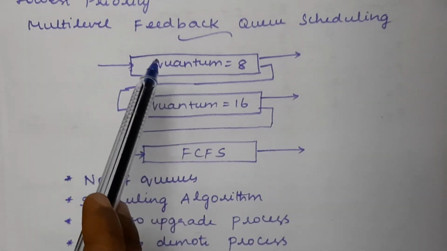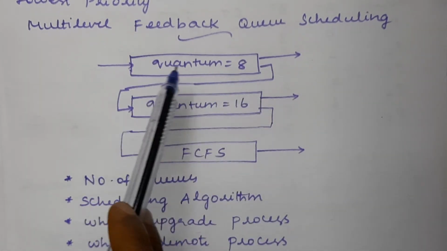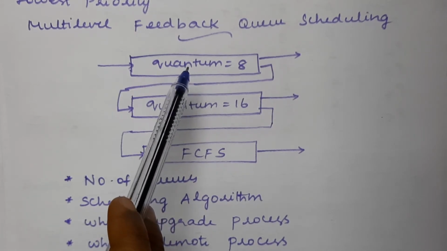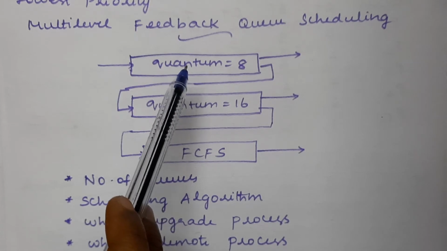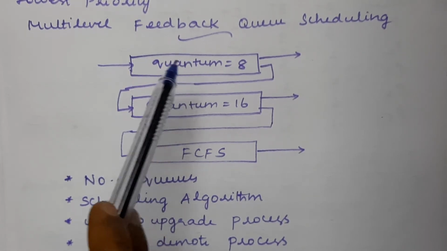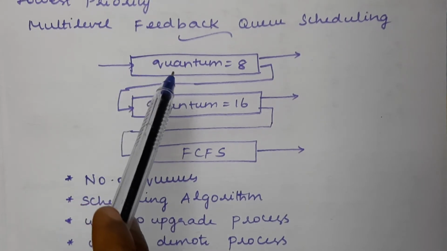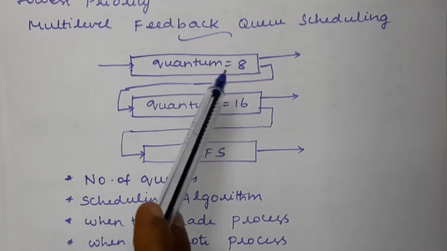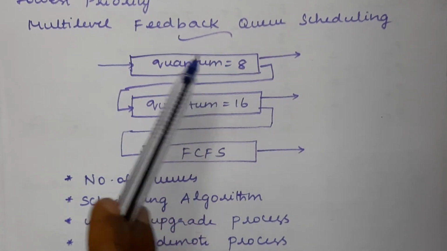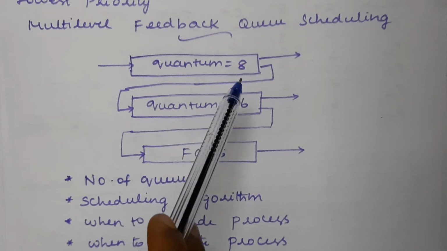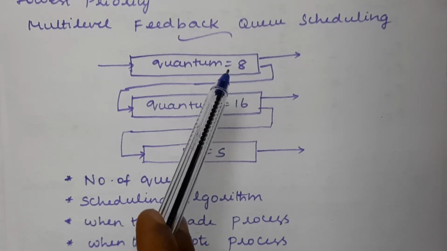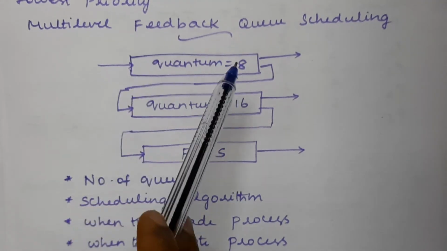Here, if you look at this, the first level of queue consists of some set of processes, and all the processes are scheduled based on round robin scheduling. If you follow round robin scheduling, then obviously you need to maintain the time quantum. Here we are providing the time quantum period as 8 milliseconds, for example, for the very first level. It is not necessary to have only 8 milliseconds, you can have some shorter time quantum period for the first level of process.